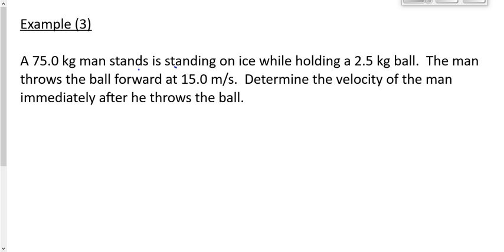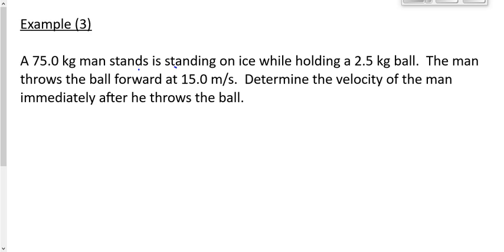He's standing on ice while holding a 2.5 kilogram ball. The man throws the ball forward at 15 meters per second. What's the velocity of the man immediately after he throws the ball? Now let's assume that he's on ice because that provides no friction, which allows him to move backwards as a